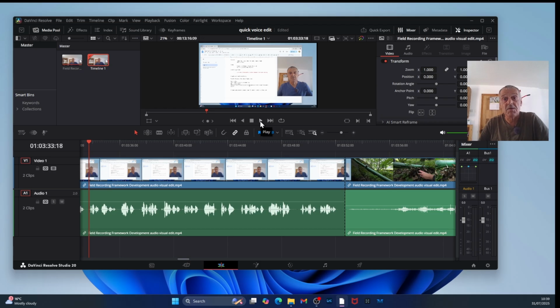Now there is another way of doing this, a much more accurate way, but this is just a really quick solution. If you've made a video like me and you find at the replay that the dialogue is too low, you can come in, make a quick cut, increase the volume and just check the audio levels in audio 1. So you want it to be averaging around the -10. Let's have a look here.